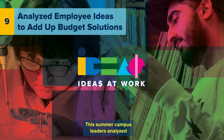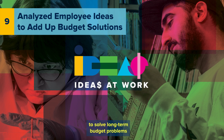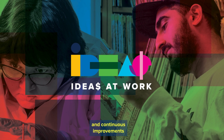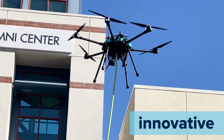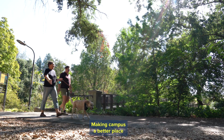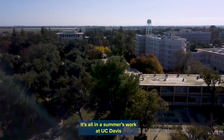This summer, campus leaders analyzed thousands of ideas submitted by employees to solve long-term budget problems, identifying top ideas for quick wins and continuous improvements. We've taken maintenance from routine to welcoming, innovative, caring, clean, and smart, making campus a better place to live, learn, and work. It's all in a summer's work